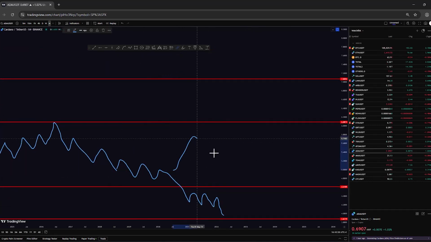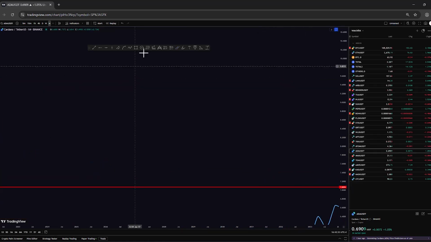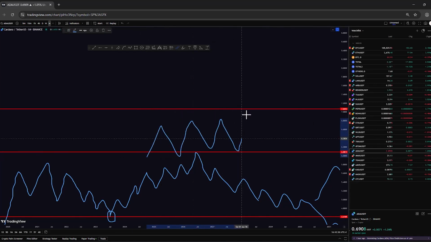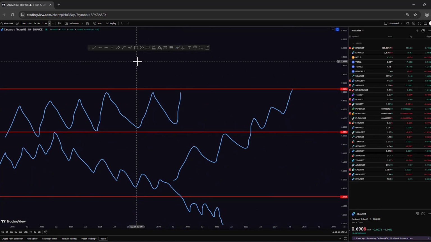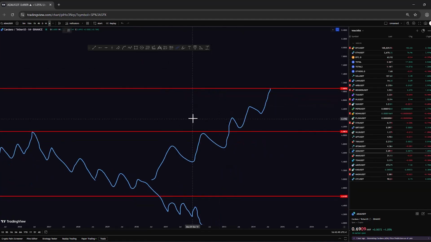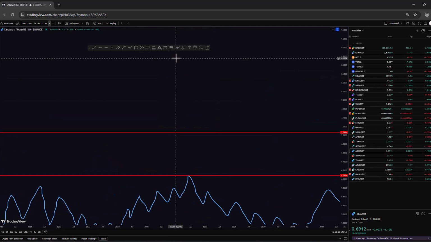Also, when a support or resistance is broken, we usually move to the next support or resistance because we fall into a new support and resistance zone and price fluctuates between the two. That means price moves within that range until one of the support or resistance levels is broken. So when support or resistance is broken, we move to the next level. That was an important point to keep in mind.